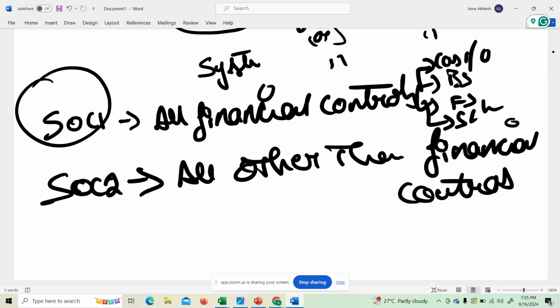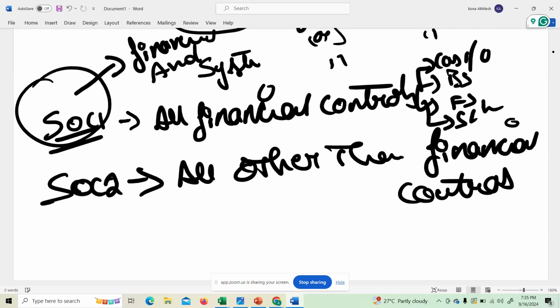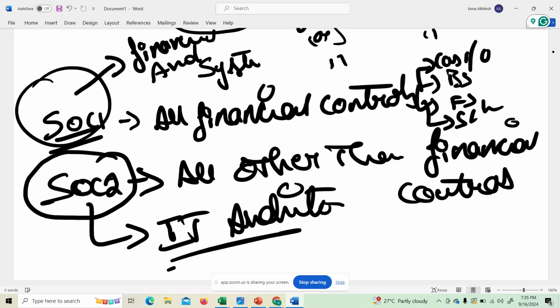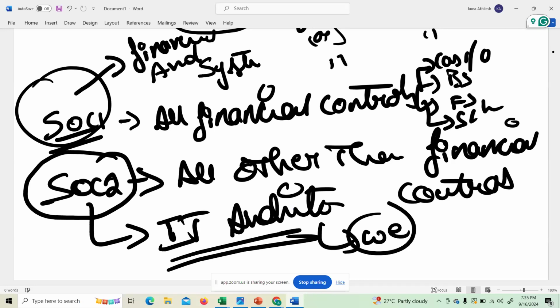So SOC 1 will be completely audited by a financial auditor. As an IT auditor, we won't touch SOC 1. SOC 2 is completely handled by the IT auditor. Who are these IT auditors? We will deal with this.